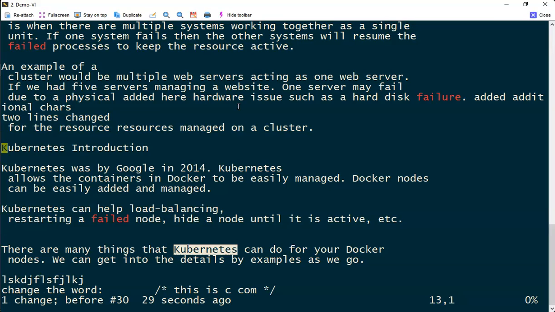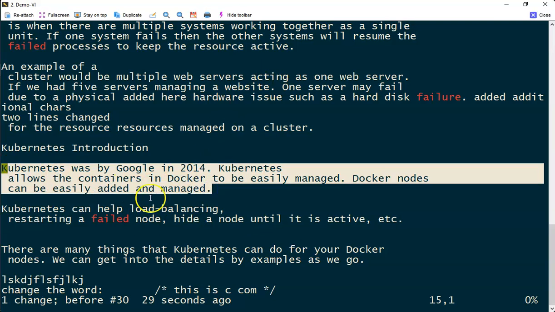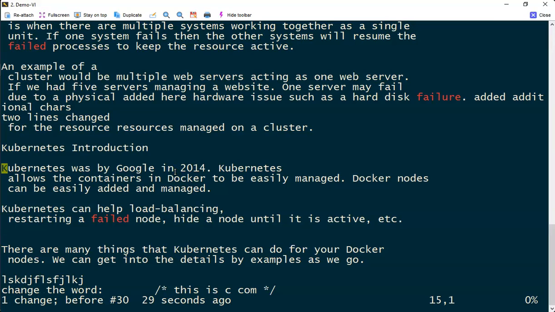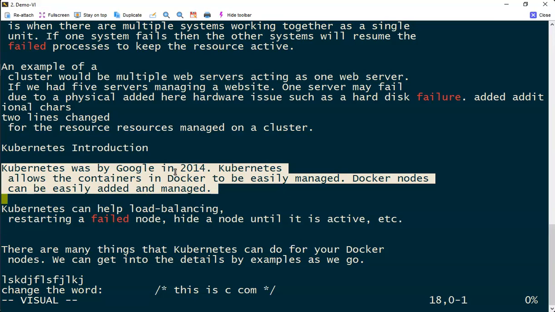V is for visual. Visual means I can visually see the cursor marking. So I'm using a mouse. Let's say, for example, if I'm trying to mark something like this, this is something called a visual marking, which can be done without a mouse in VI. I type V and then I just move around. Let's say I'm using W, I'm using Enter, I'm using many of these characters. So this is visually marked.